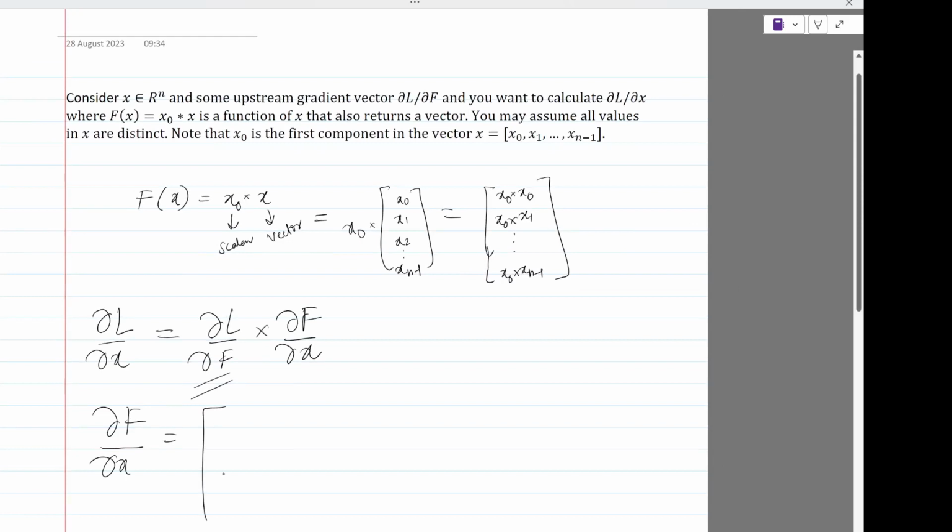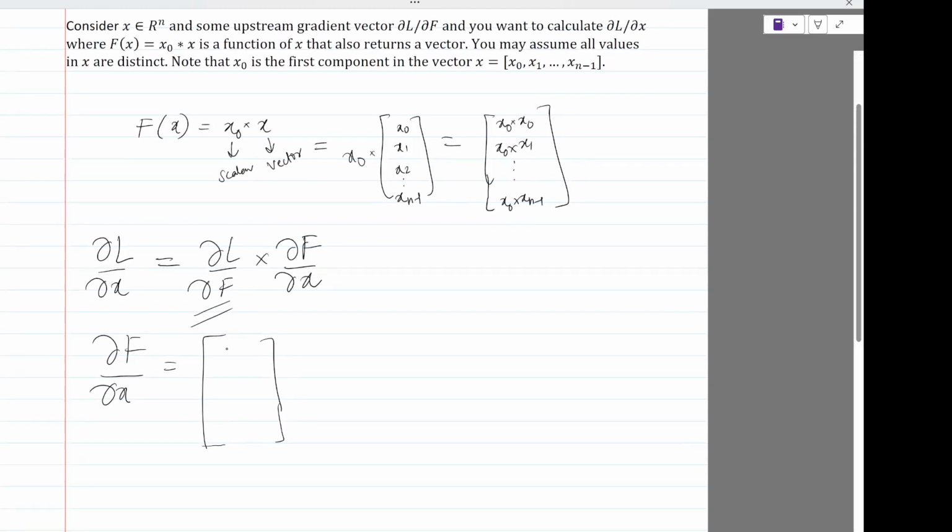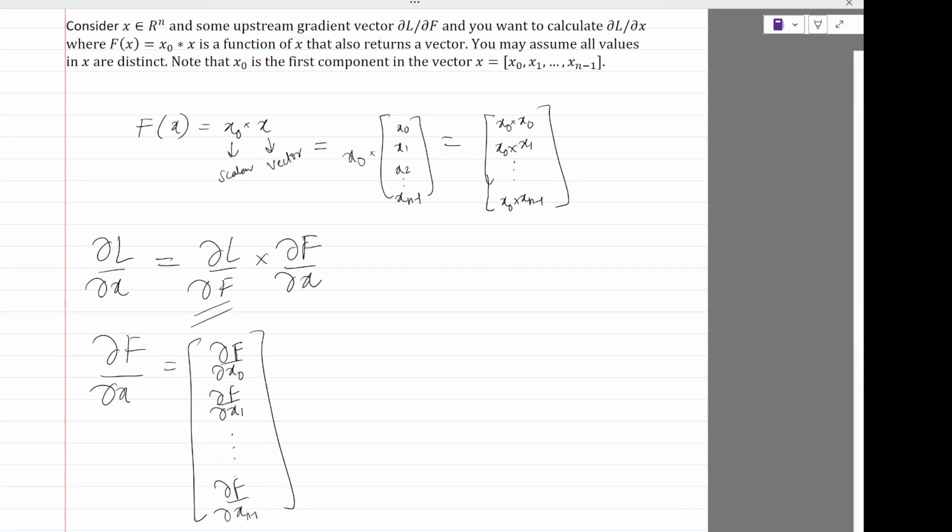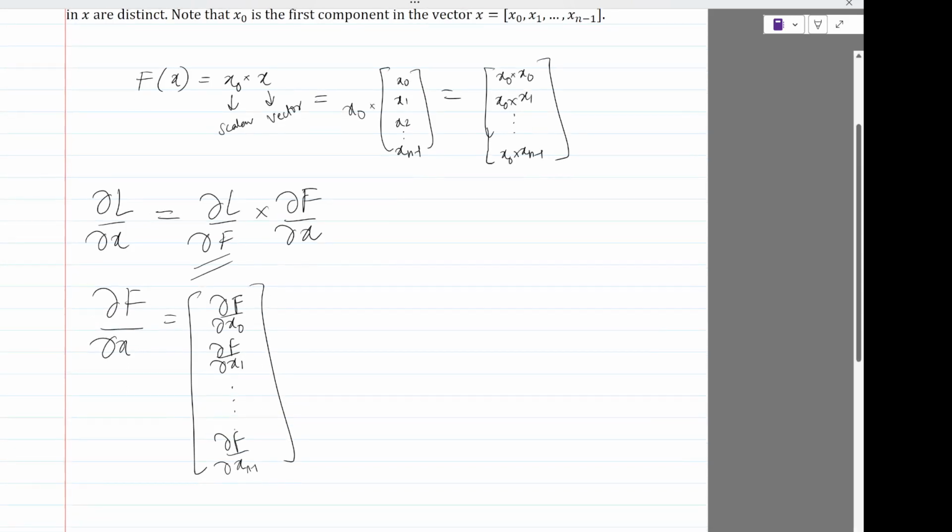So this will be some vector, because x is a vector, and its entries will be del f by del x naught, del f by del x1, and so on till del f by del x n minus 1. So if we are to find the derivative of this particular given f with respect to x naught,